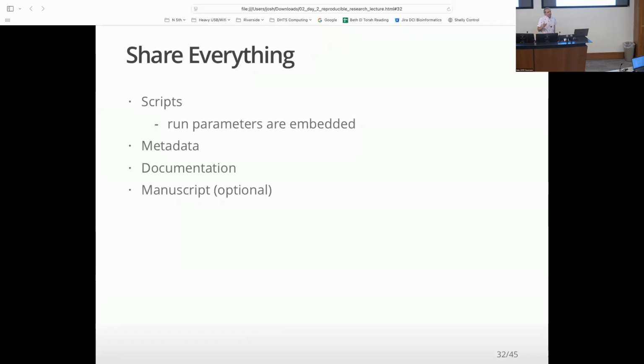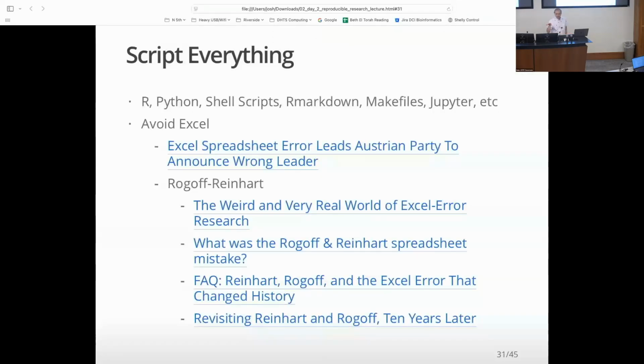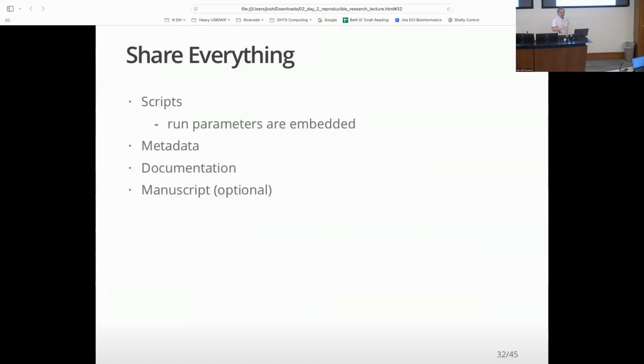And then the last thing that's kind of optional but nice is that with some of the things that I mentioned before, like R Markdown files or Jupyter, particularly R Markdown files, but also Jupyter, you can take those documents and render them into an HTML file or a PDF or a Word document that has the text and the results and the images all embedded in it. And that's really nice because you have the code mixed with the text. And it's particularly useful for